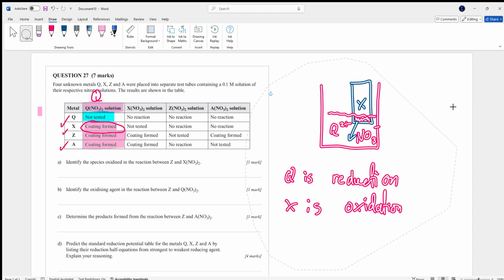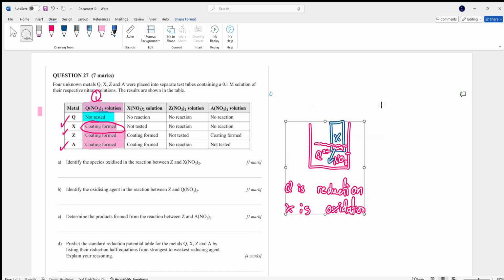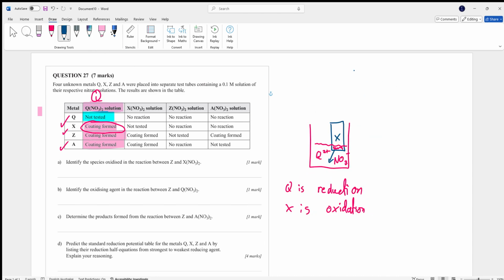So here, we have to make a mental list of that, okay? So Q is the strongest. So in terms of, I'm going to call it, oxidizing agent strength level, at the top we have Q, okay? Now here, we just go to each of the tables and we work out roughly where each of the other ones are sitting. Okay. Now, here, when we look at the next table here,